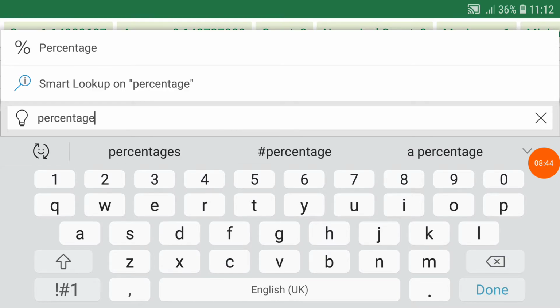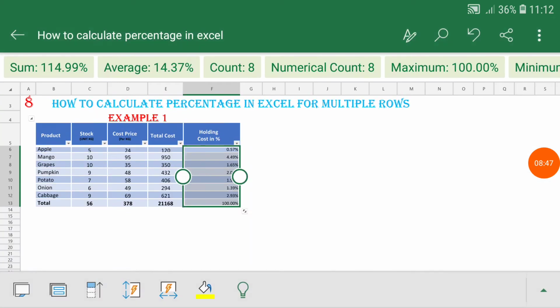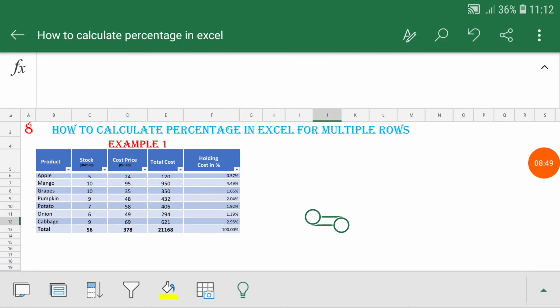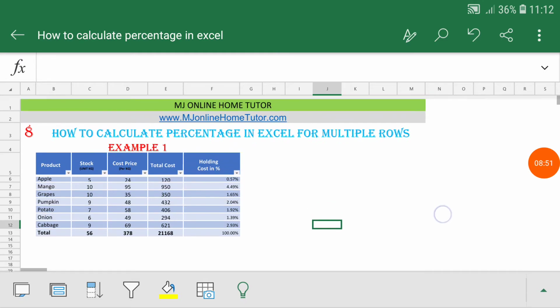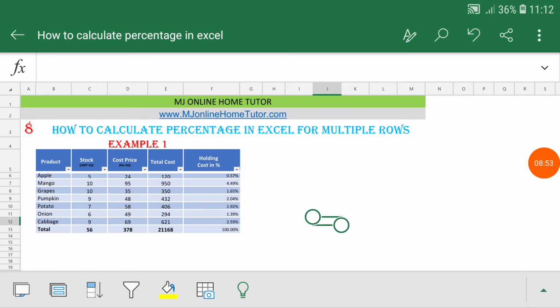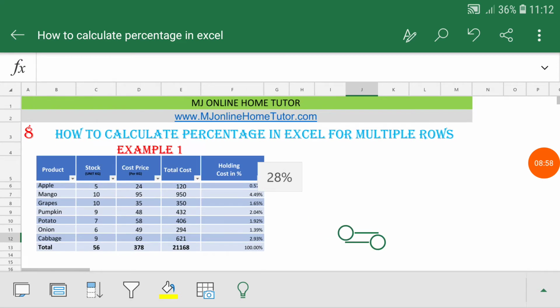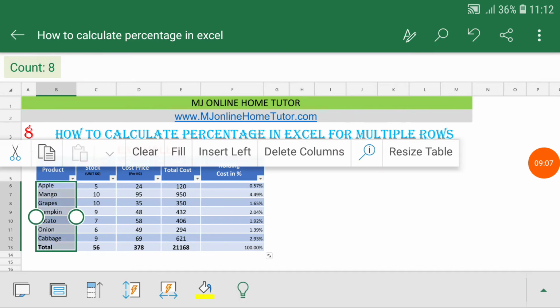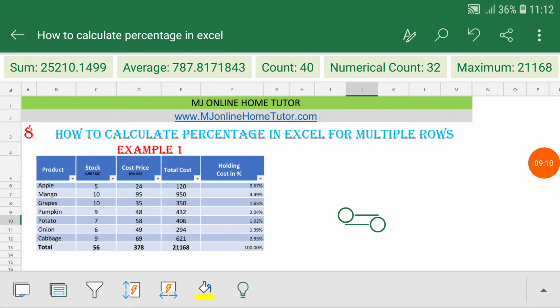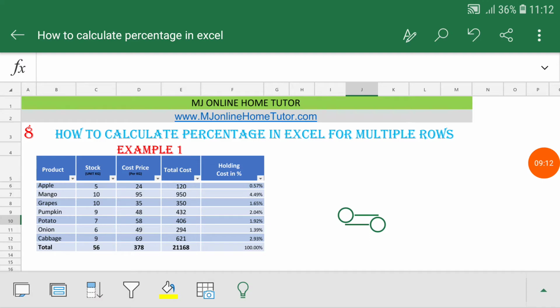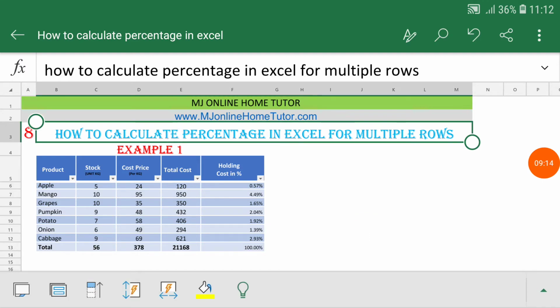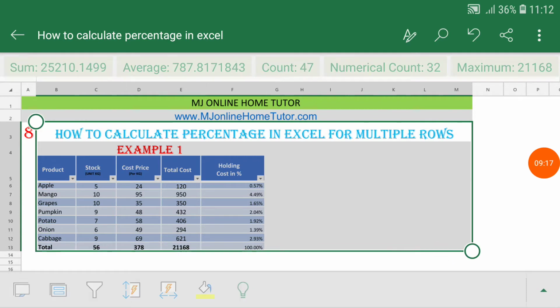I'm just going to apply the percentage format. Then I'm going to create the pie chart, bar chart, and a few other charts for your understanding of how you can use this. I will also show you the best application for the Android version and the iOS version, so you can get the official website and use the right application for your work, so you will not have a problem, because some applications will not work properly. So I will show you the official application of Microsoft Excel.